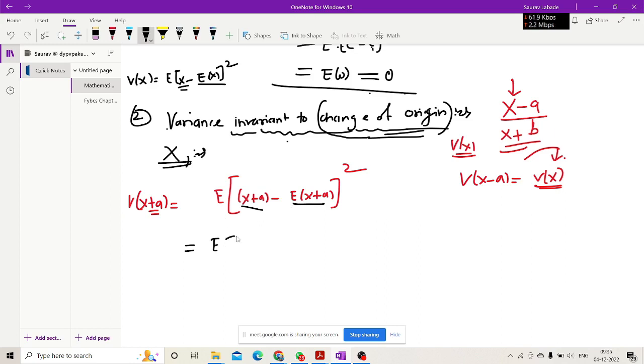So this will become expectation of the first term, which is expectation of x plus a minus... That's the expectation here. The first term will be expectation of x minus, what is expectation of a? What is the expectation of a constant? Constant, right? So here what will come is a, which is expectation of a, will be a bracket square. So this will be